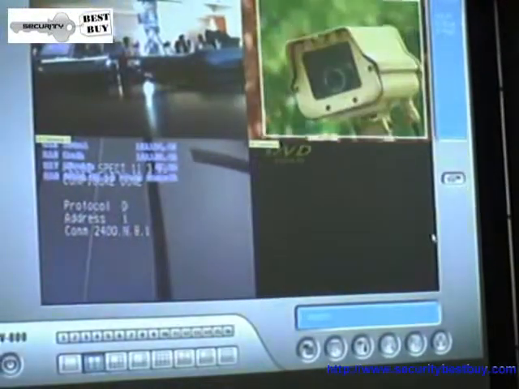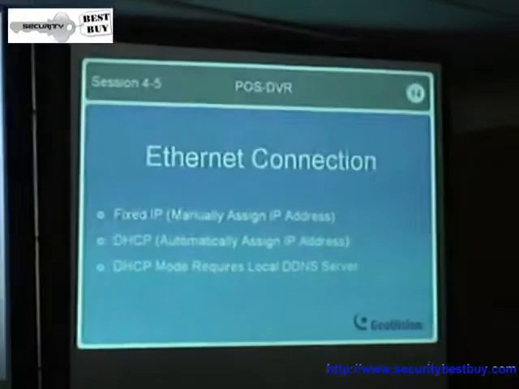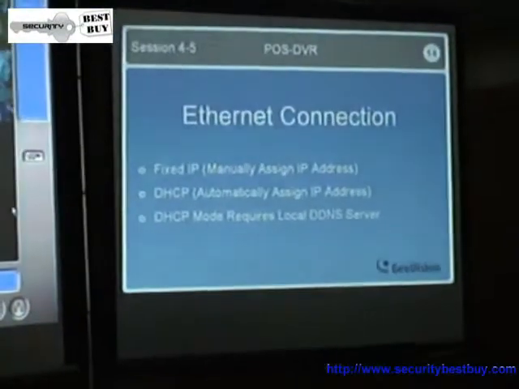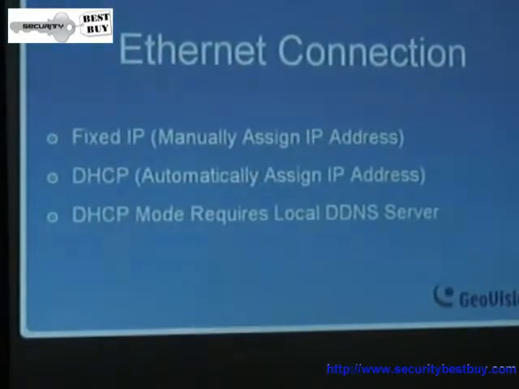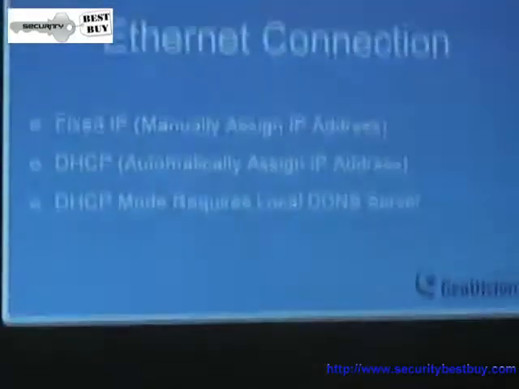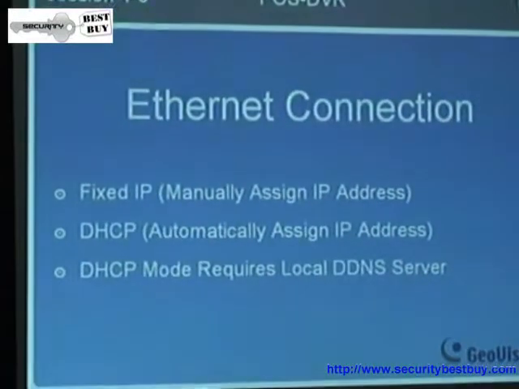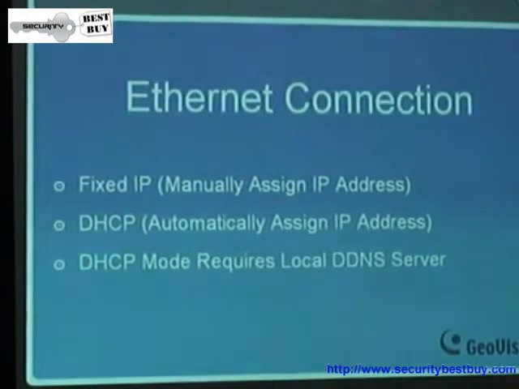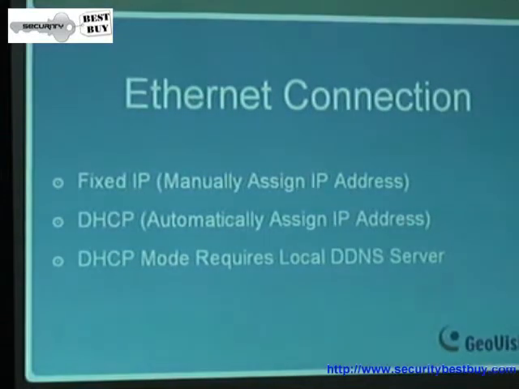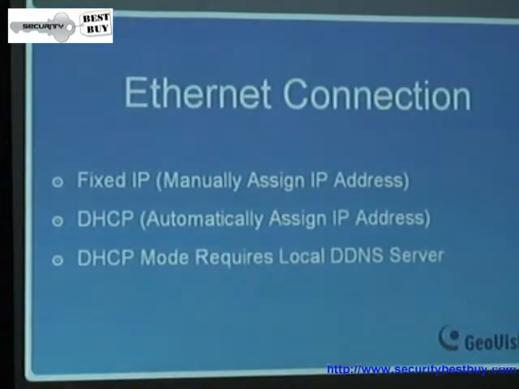So with Ethernet connections, you have two modes to choose from. One is fixed IP, and the other one is DHCP. We support both of them. The fixed IP mode is easier to configure. As you can see, I just need to assign IPs to each V2E box, and then I just enter the same IP address in the configuration page. But you have to do all of them manually. If you have 16 POS systems,